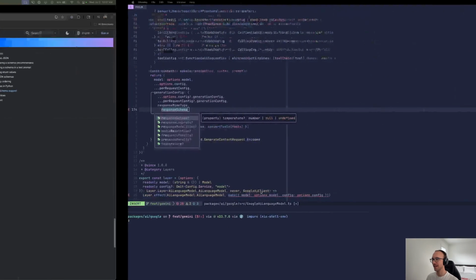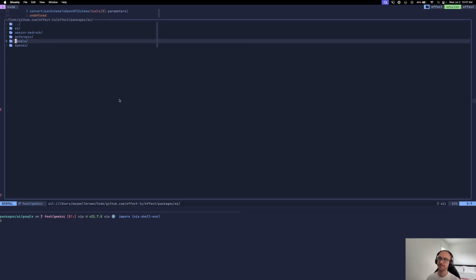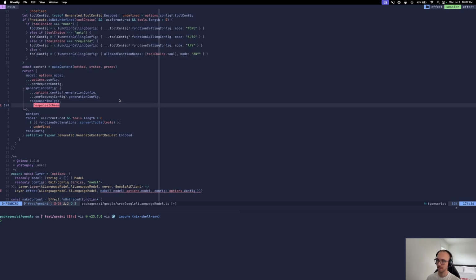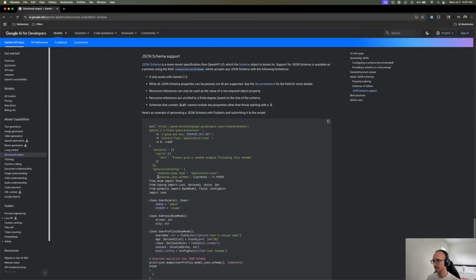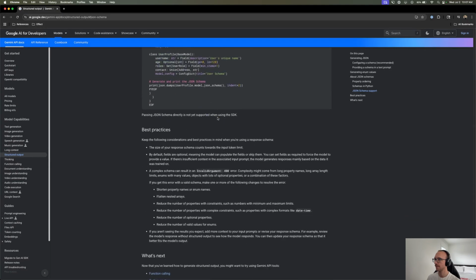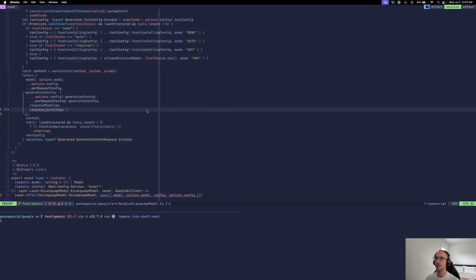Yeah, we are working on trying to finish up the Gemini or the Google AI provider for Effect. Released yesterday the Bedrock one, and I'm trying to get the Google one out. So allegedly, JSON schema, I could do this, even though it's not in the types yet, but it says this is available in a preview. And what do I got to do? Any JSON schema with the following limitations. Sure. So I think that means I can do